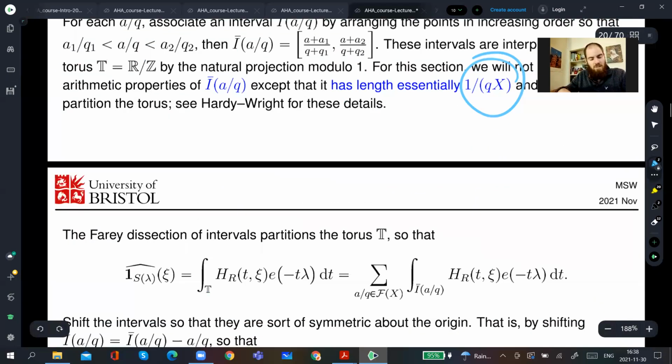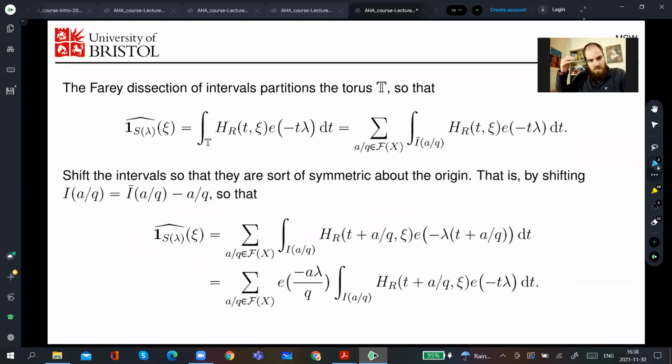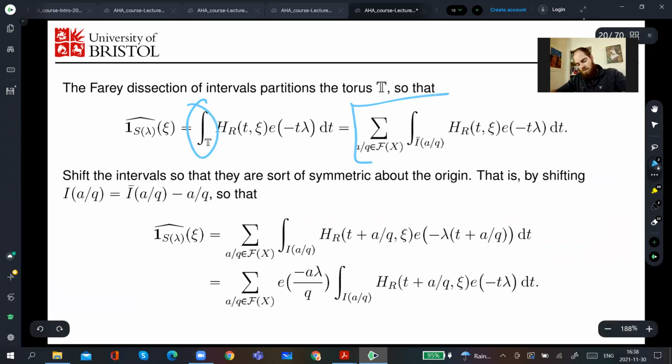Great, so let's use that partition to decompose the oscillatory integral we have. Just like before, it turns this integral over the torus into the sum of integrals over the different arcs. Each one of these I_{a/q} is an interval, which we also call arcs, due to remembering the terminology: the original delta method that was used for the circle method was with the residue theorem, which meant you did actually have an honest circle in the complex plane. And then these intervals corresponded to arcs thereon.